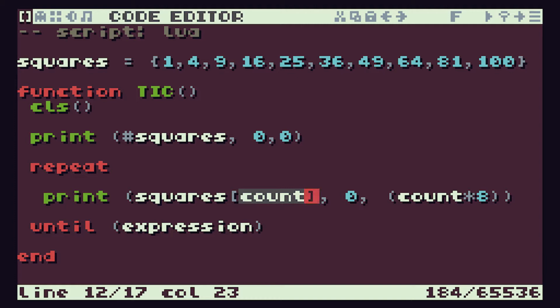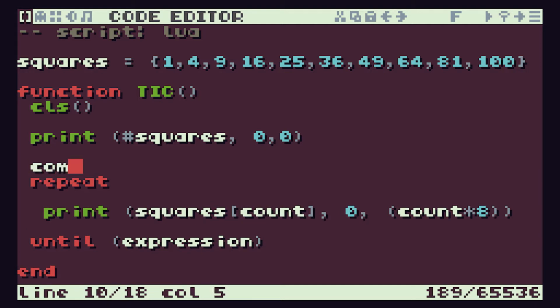So one of the big advantages that a for loop has is that it automatically does this counting for you. So you saw there we did a for count equals 1 to the number of elements in our squares array, and it would automatically go round the loop, and each time it would increment our value count. Increment means just simply adding one onto it. But with this repeat until loop, we don't have that automatically built in, so we have to actually do that